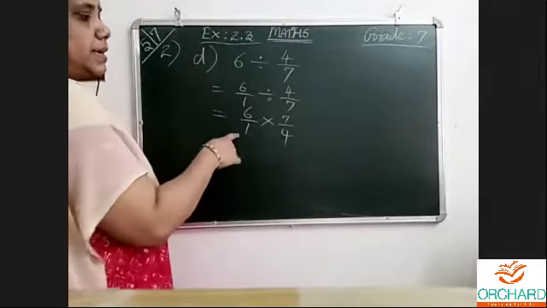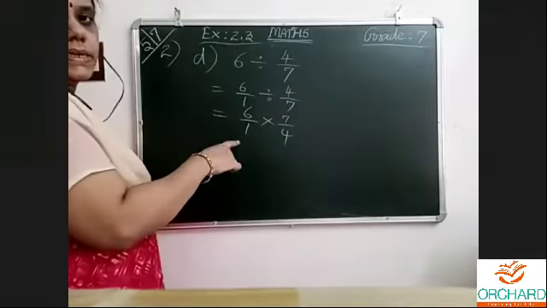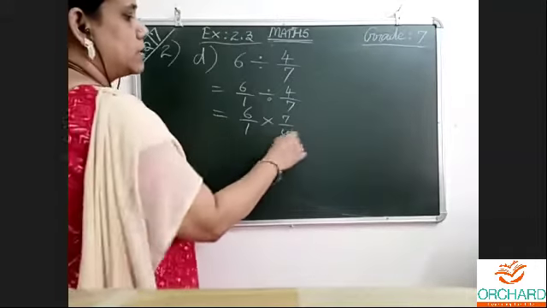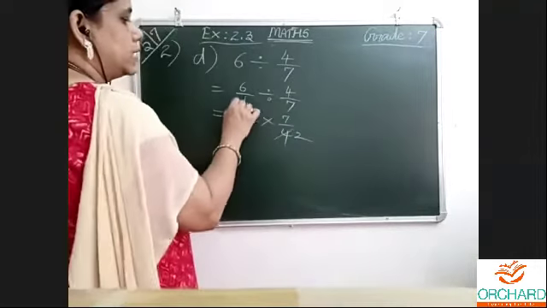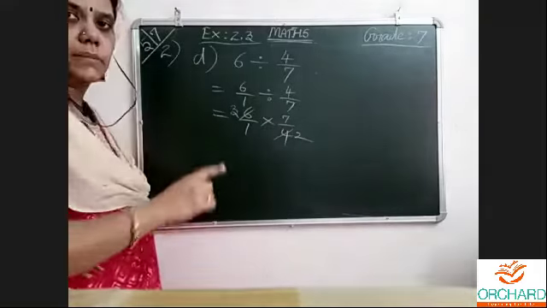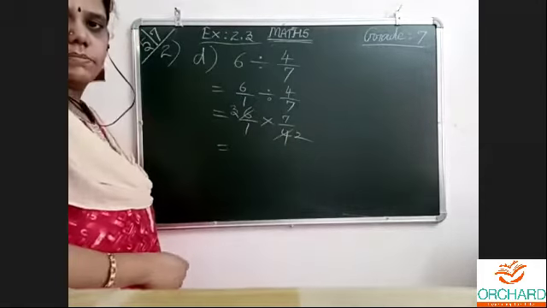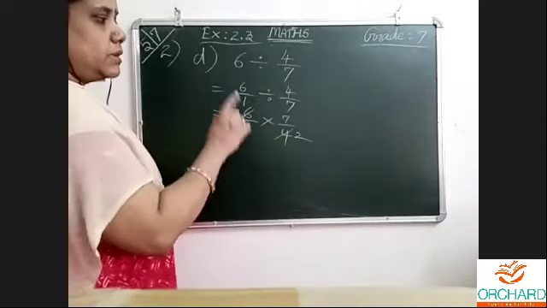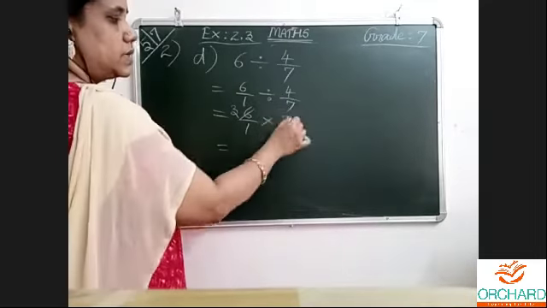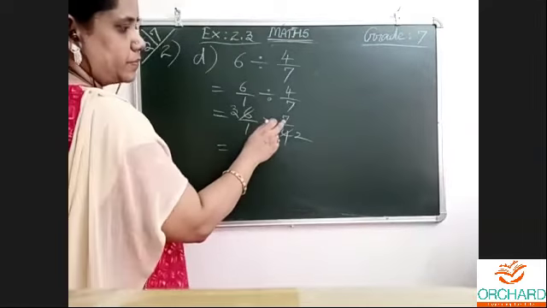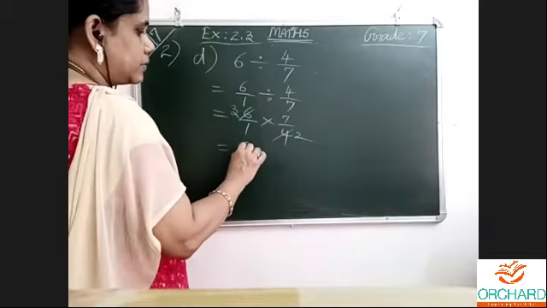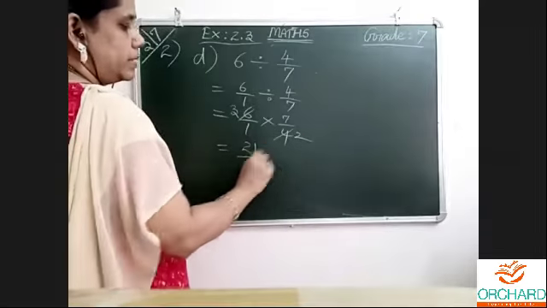Okay. First step, second step. The second step itself, you should do the striking. 2 2s are 4, 3 2s are 6. When it is possible, it is compulsory to do the striking. You cannot say directly I will multiply and write. If it is possible, you should do it, because that is called simplifying. 3 7s are 21, 2 1s are 2.